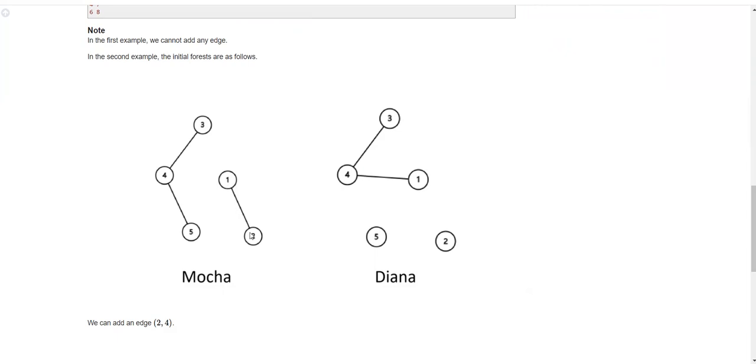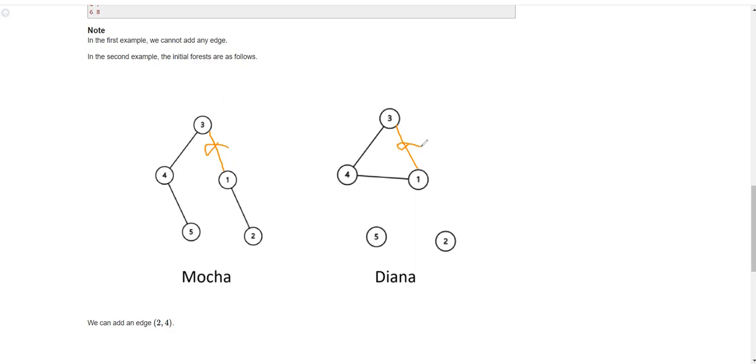First we check if we can add an edge between 1 and 2. Since there is already an edge between 1 and 2, there is already a path, we can't do that. We will check if we can add an edge between 1 and 3. Yes, we can add an edge between 1 and 3 in Mocha's forest, because there is no path between 1 and 3. But in Diana's forest, if we add an edge between 1 and 3, it's going to create a cycle. So we can't take this one.